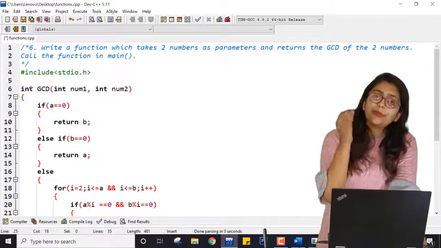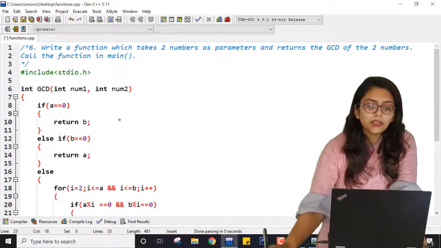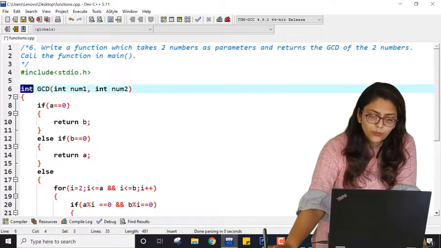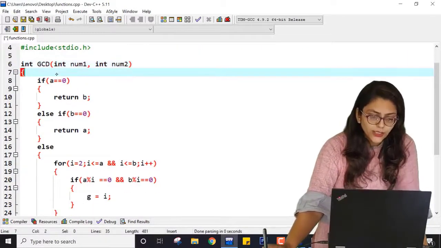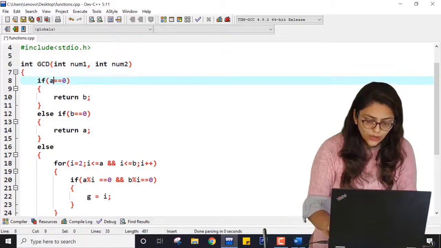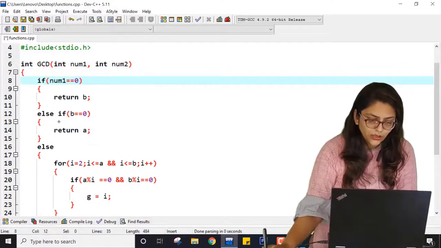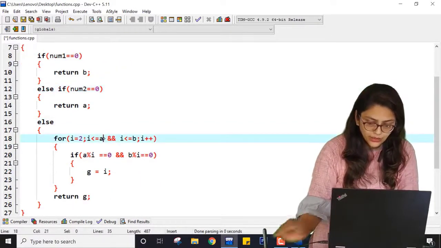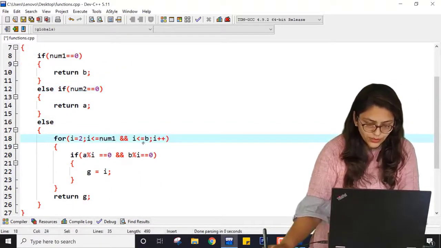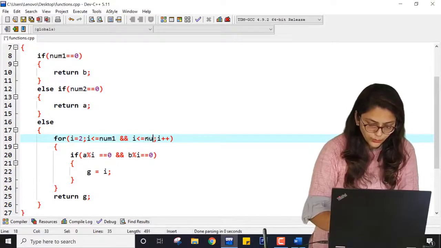I have taken this function as int. Even if you write printf, it is correct, but as I have taken integer over here, I have to return some value. That's why I am doing this. Here A is not there, num1 is there, because the value of A will be copied to num1 and the value of B will be copied to num2, and here it will be num1 and num2.